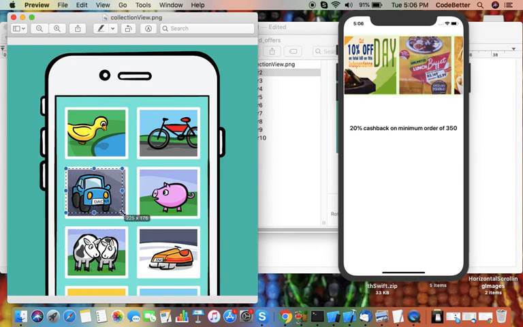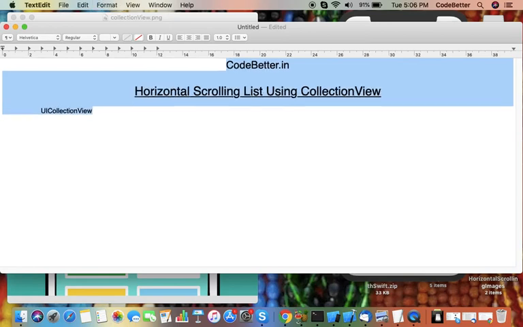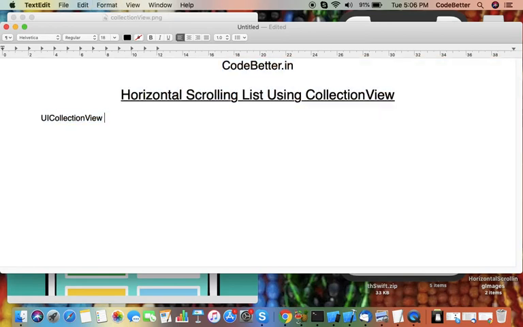So we first have to design the UI of the cell using a different class. We can say UICollectionView is a collection of items, where each item is a cell.